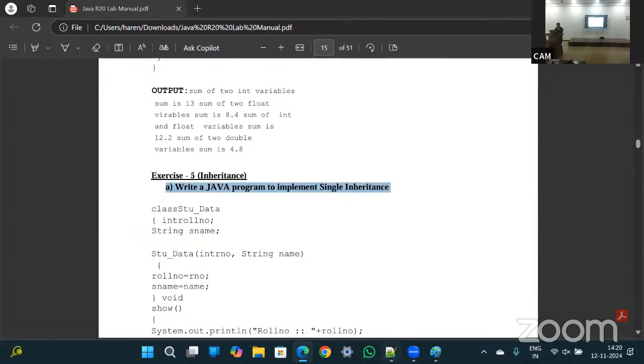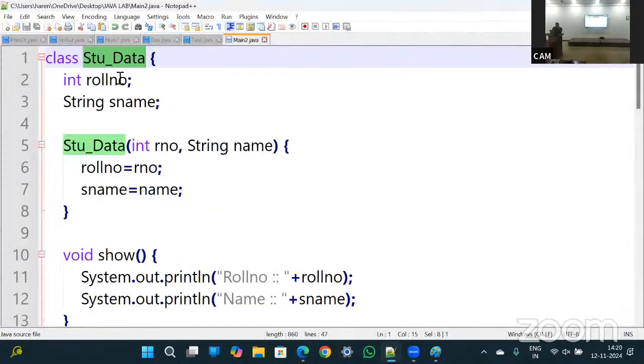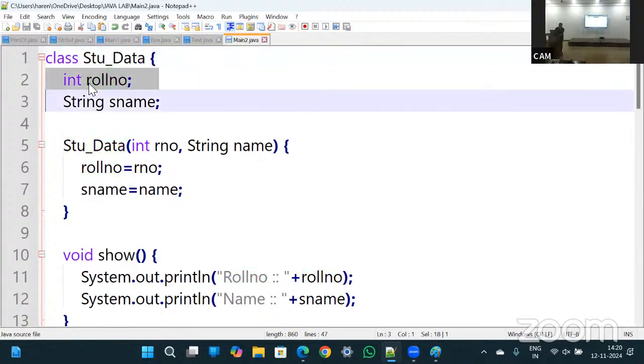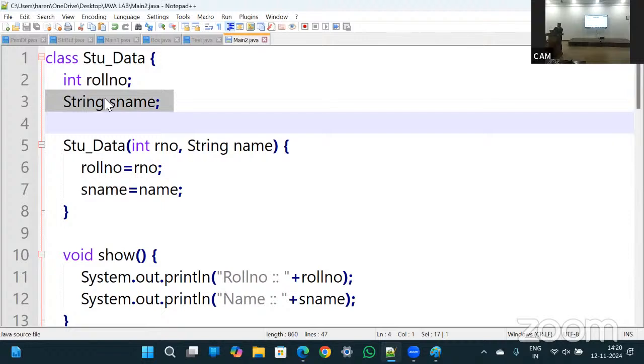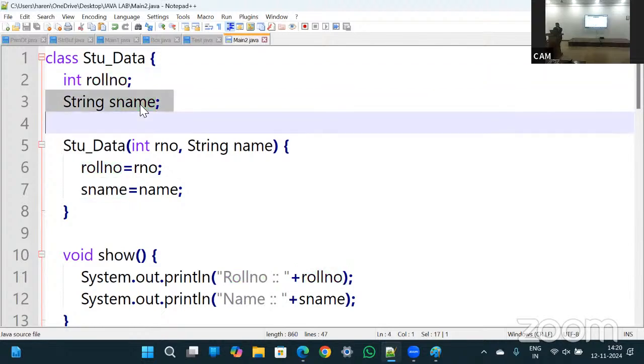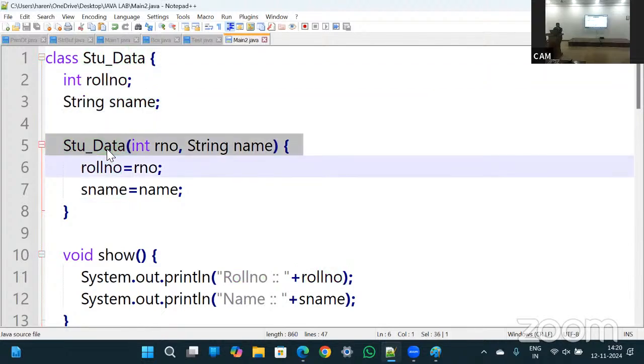Let us take an example. The first class is called StudentData. StudentData contains two variables. The first one is roll number and the second one is student name. How many variables? Two variables. And it contains the constructor